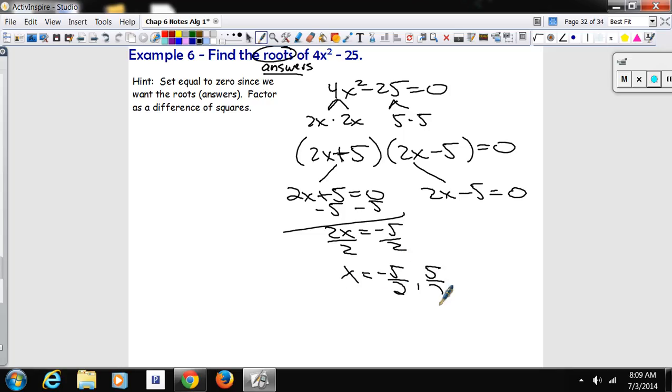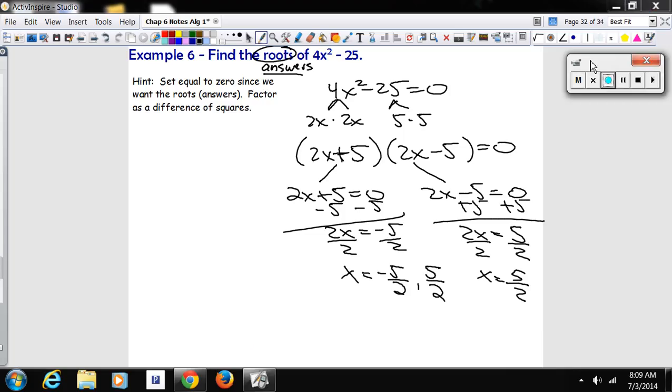And your other one's going to be a positive 5 over 2 because it's the opposite parentheses, just has opposite signs. You added 5 and divided by 2. So that's how I got the 5 over 2. But whenever you have a difference of squares, your answers are just going to be opposite. So negative 5 over 2 and positive 5 over 2. All right, so for you guys,